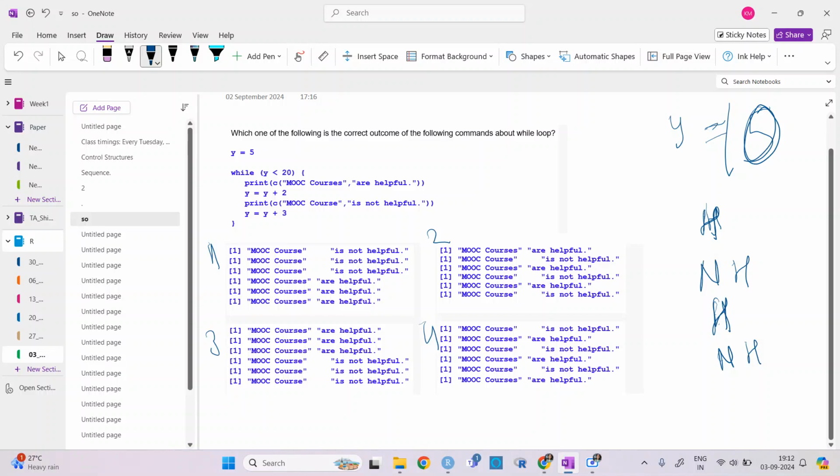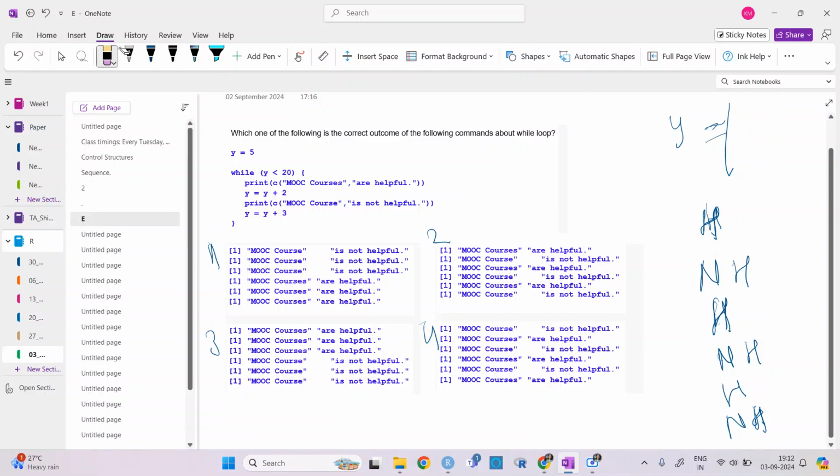Now 12 plus 3, 15. Now 15 is less than 20, so it will print helpful. And then y is 17, it will print not helpful. And then y is 20.